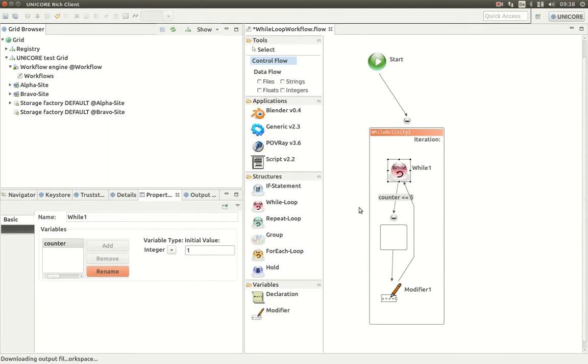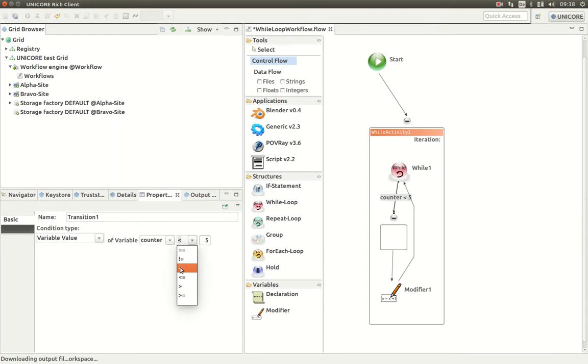Next, select the condition label that decorates the edge between the while1 node and the still empty loop body. This label represents our loop's invariant. Modify it in the properties view to represent the counter having a value less than 5, rather than less than